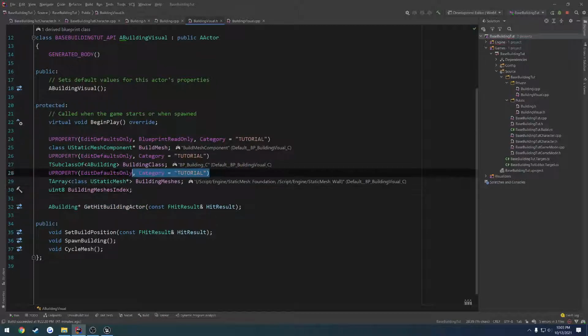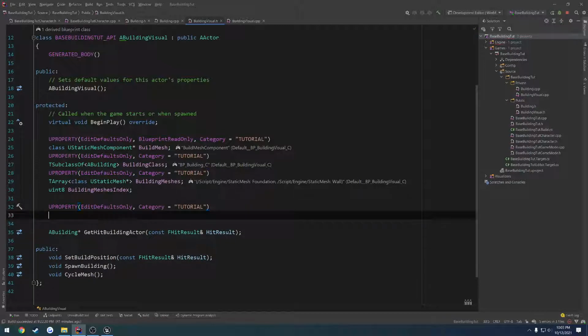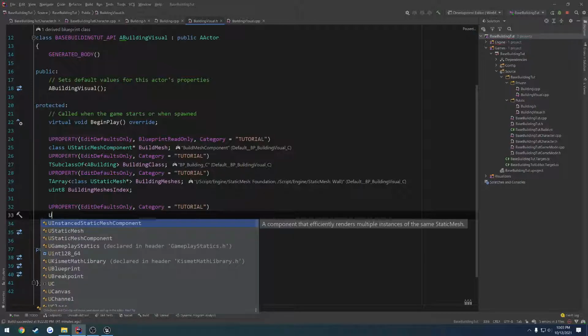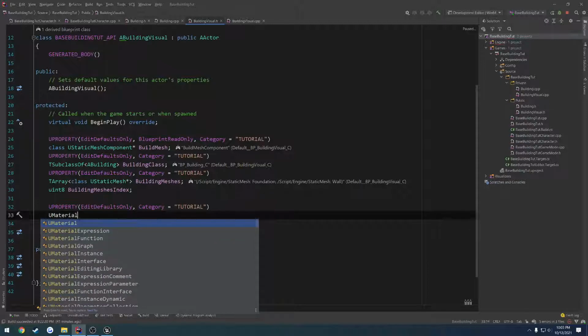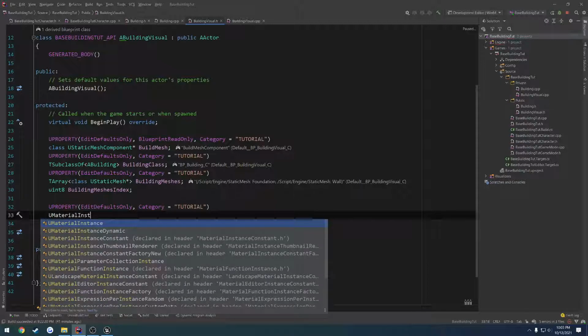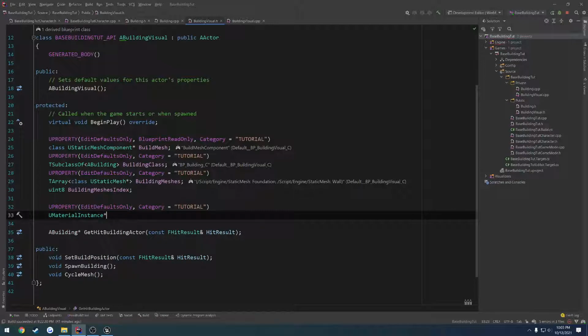want to set up 2 U properties. So I'm going to do those below everything. And these are going to be our materials that we want to use. So we want a U, let's see, what do you call it? Material, is it a material instance? I think. And then we're going to call this one